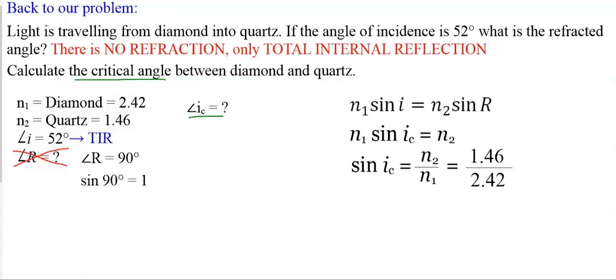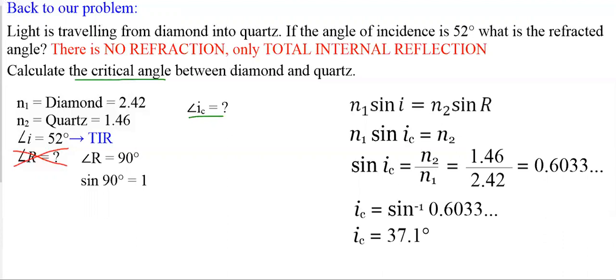So in this case, I'll plug in the two numbers. You have quartz divided by diamond, so 1.46 divided by 2.42, and you'll get some kind of decimal number, which is great. If you got a number that was 1 point something or other, then you've definitely got a mistake somewhere in there, or you'll probably want to calculate a refracted angle. You're definitely not solving for a critical angle at that point. And then you just take the inverse sine function of what you have, and your critical angle is about 37